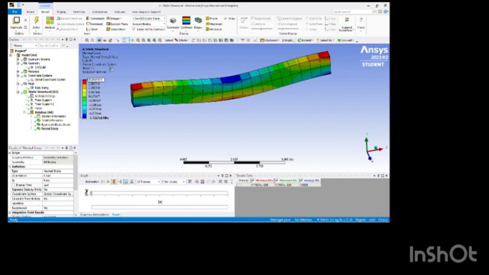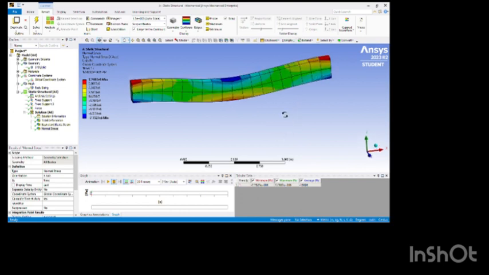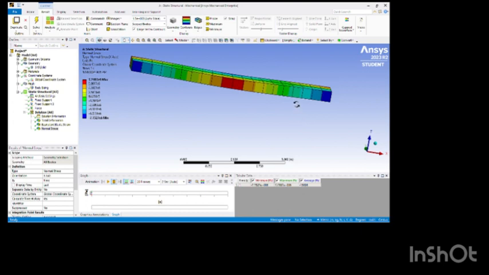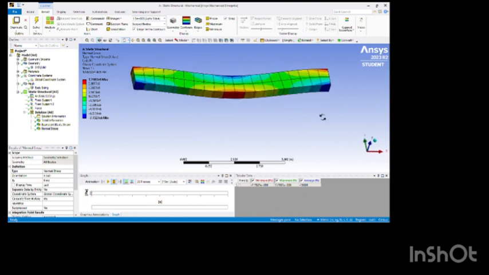सबसे पहले ऊपर ये नॉर्मल स्ट्रेस, स्टैटिक स्ट्रक्चरल के नीचे लिखा हुआ है नॉर्मल स्ट्रेस। ये सारी जो डायर है ये हमें नॉर्मल स्ट्रेस की शो कर रहा है, और यहाँ पे ये वैल्यूज़ हैं। एनसिस में जो पॉजिटिव वैल्यू होगी वो टेंसाइल स्ट्रेस होगा, और जो नेगेटिव वैल्यू होगी वो कंप्रेसिव होगी। ठीक है, तो अब यहाँ पे इसका क्या मतलब है कि जो इसकी टॉप सरफेस है वहाँ पे कंप्रेसिव स्ट्रेस है, और जो इसकी बॉटम सरफेस है अगर हम इसको रोटेट करके देखें तो बॉटम सरफेस पे इसकी टेंसाइल स्ट्रेस है।